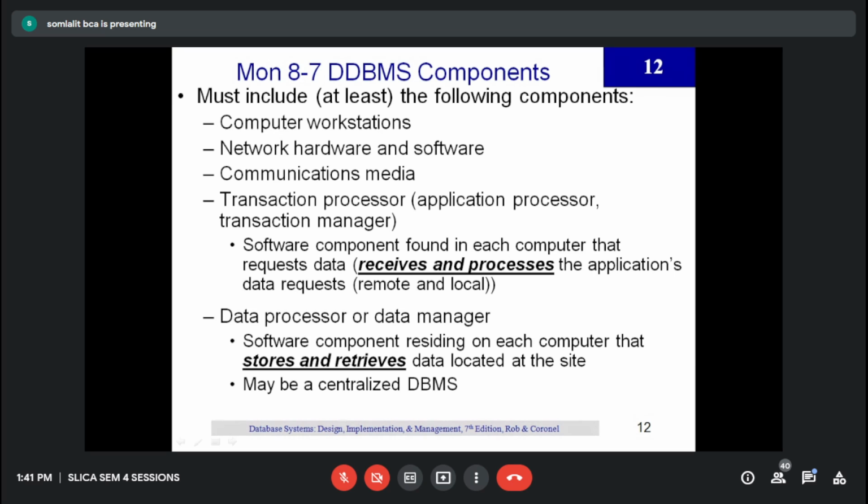जो आपके डेटाबेस में डेटा स्टोर और रिट्राइव करता है. So clear with these two things, transaction processor and data processor? So are you clear with transaction